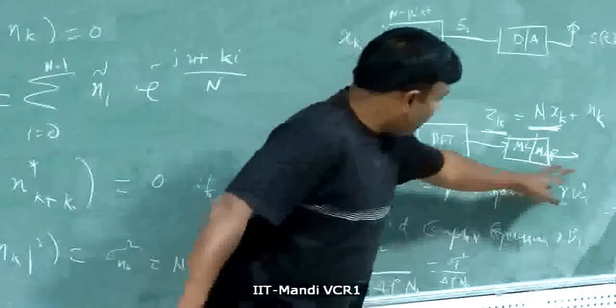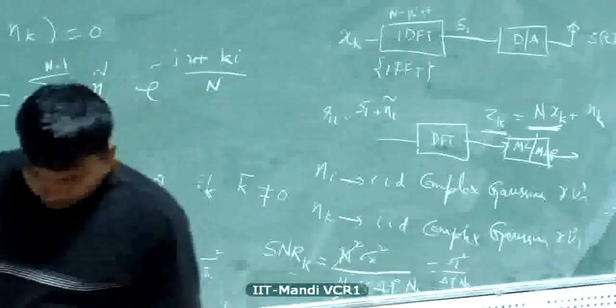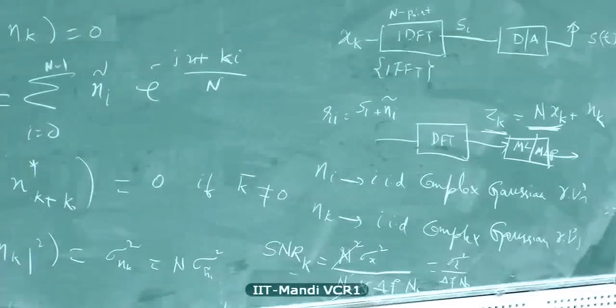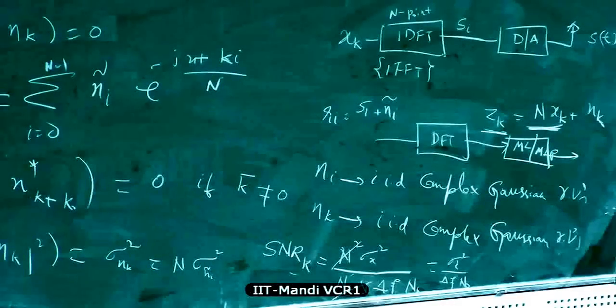So ultimately, this is what we have. This completes a cursory look at OFDM in a highly idealized setup. We don't have a channel in between. We just showed you an analog representation for the OFDM transmitter and receiver, and we have derived a discrete time equivalent of that. From now onwards, we'll proceed with this discrete time representation because equivalence has been established, and it is much simpler to deal with.